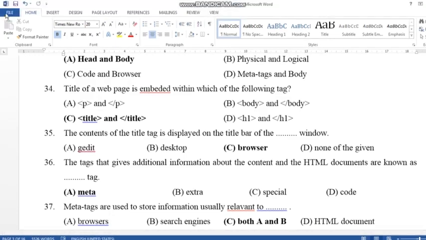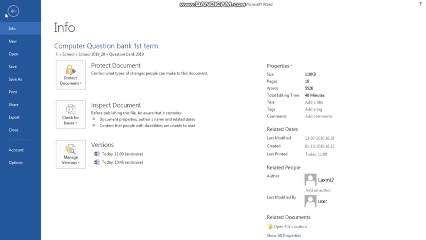So I click on file menu. In file menu I click on print option. Now one more thing I would like to tell you before teaching you this is that here I am using Microsoft Office 2013 version, but the Microsoft Office which you are using at your house may be different. That is, the version may be different, but most of the things are common, so it may not match exactly. So don't worry about that. But all these facilities which I am teaching you here are present in all Microsoft Word versions. Okay, fine. So I continue.